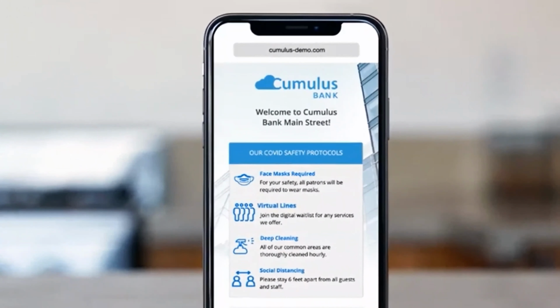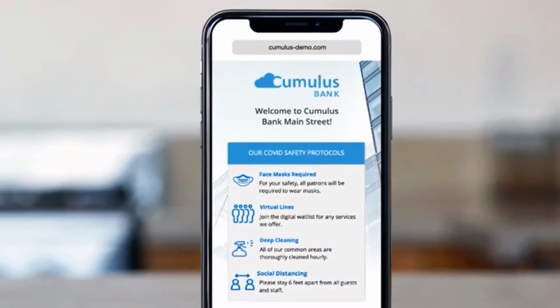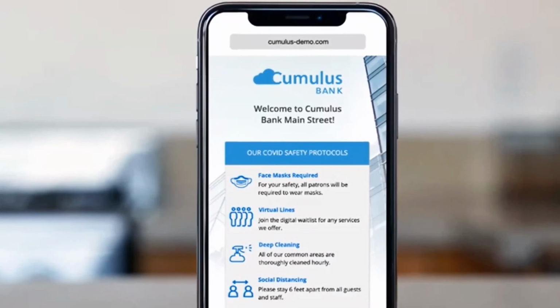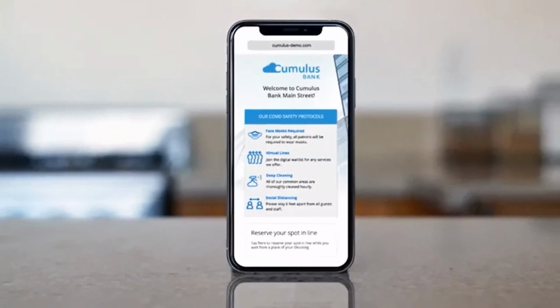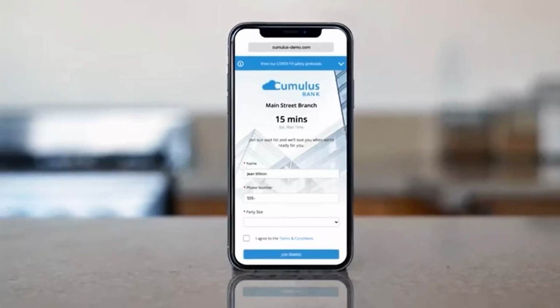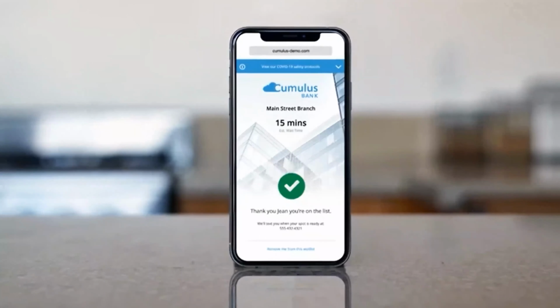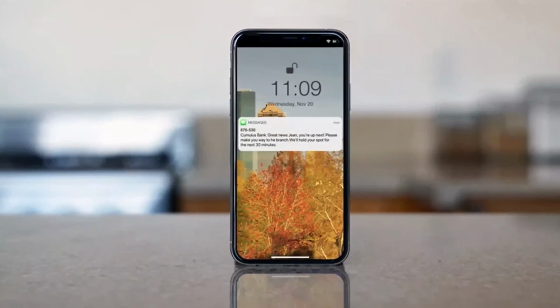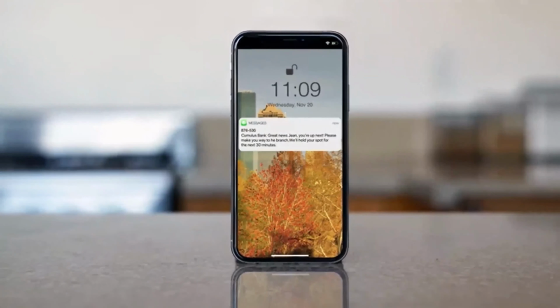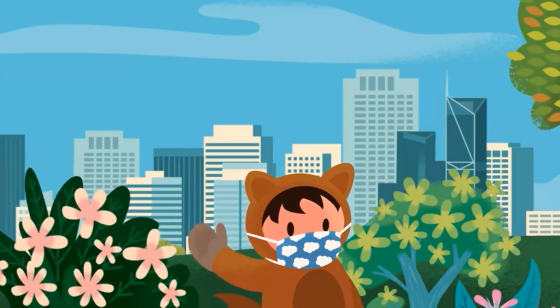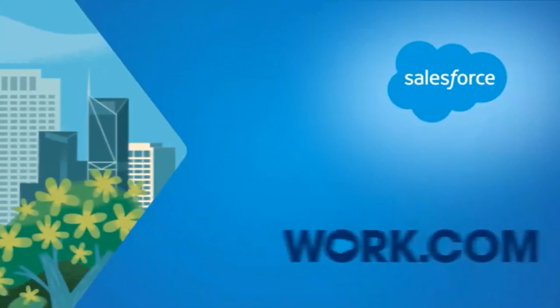Here, customers can learn how you are protecting employee and customer safety, which can help your customers feel safe and confident. When customers want to visit your workplace, queue management can help them join a virtual line from anywhere so they can avoid crowds. And working together, you can use queue management and broadcast messaging to let customers know when they're next in line. And just like that, Work.com can help you work in today's new normal and be ready for whatever tomorrow brings.